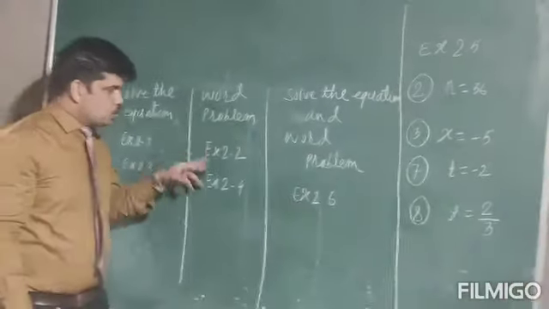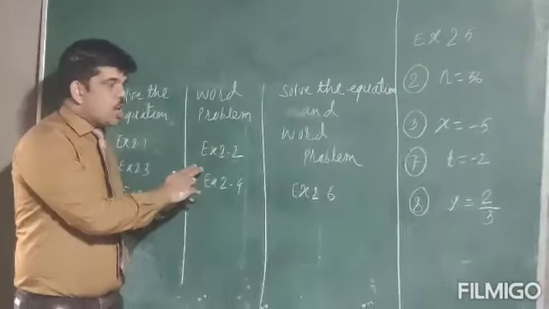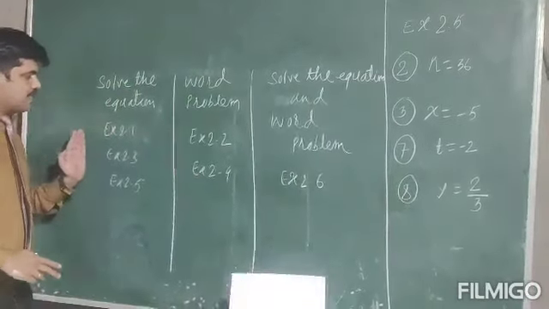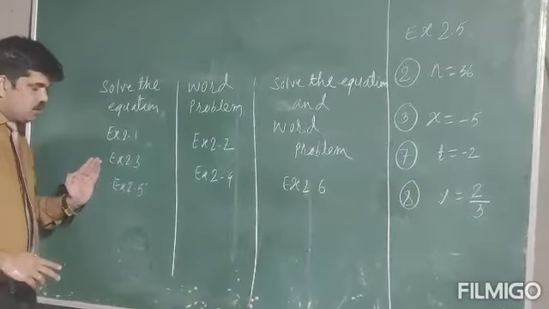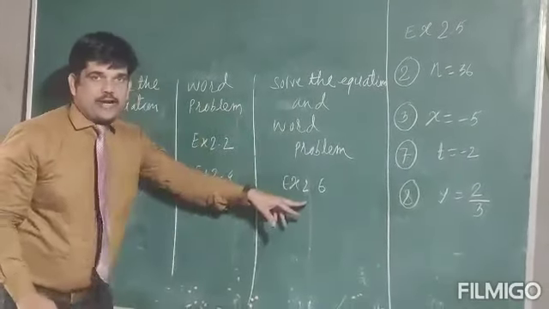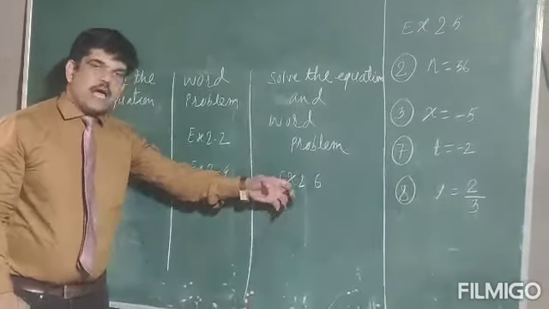Now we are doing these two. I will give you very little homework from these two. Maximum I will solve. Till then, what you can do is the sums parallel to exercise 2.1, 2.3 or 2.5, meaning solving the equation and word problems. From 2.6 you can start solving the sums, okay, and some other sums I will solve.